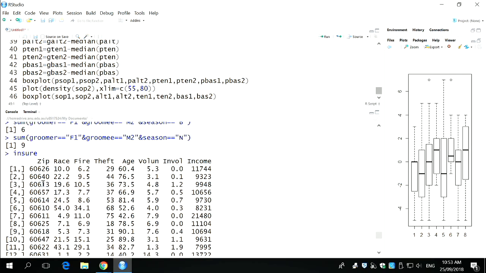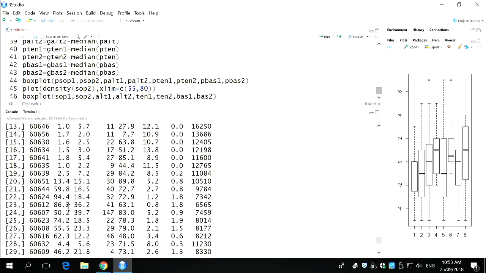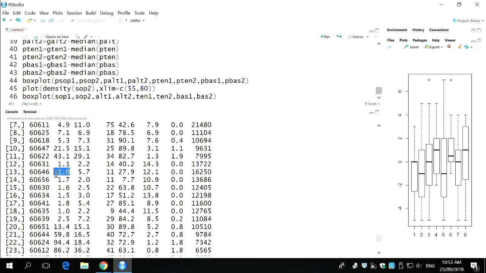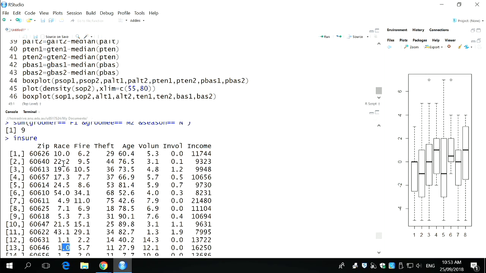So you've got zip codes here. So there's a map which you can download from the Wattle site. And so the zip codes tell you where on the map everything is. And then for each neighbourhood, you've got the percent racial composition. So you can see, I think one of them here is over 90%. Yeah, 95%. That'd be a neighbourhood that's almost all black. Then there's some neighbourhoods that are almost all white, right? The 1%ers, right? Those kinds of things. So you've got racial composition. You've got a fire index, so that's amount of fire activity, theft index, age of housing, and then you've got average income, okay, for those neighbourhoods.